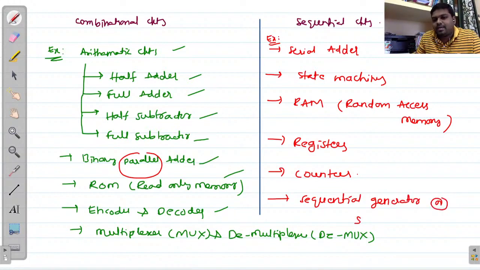Otherwise, sequence detector. Okay, a sequence detector is nothing but a generalized example I will tell you. So in your mobile you can keep one